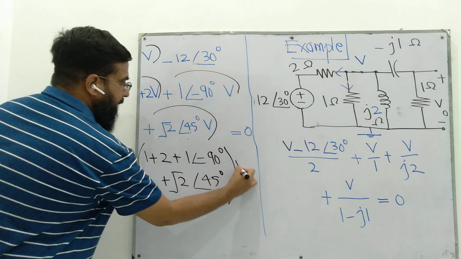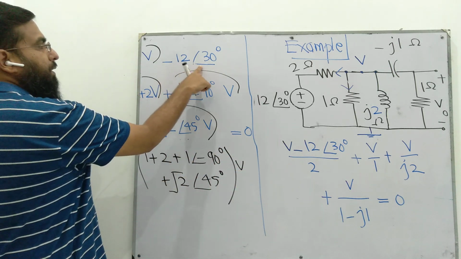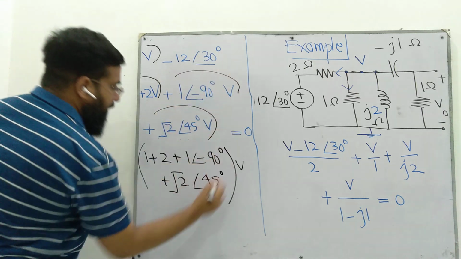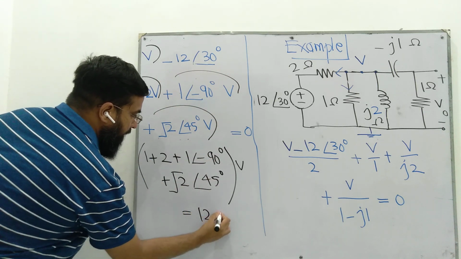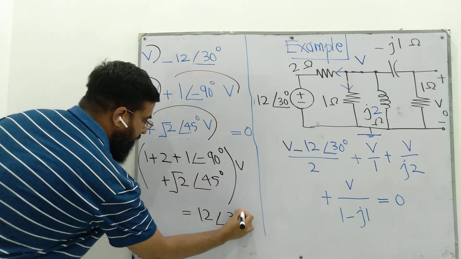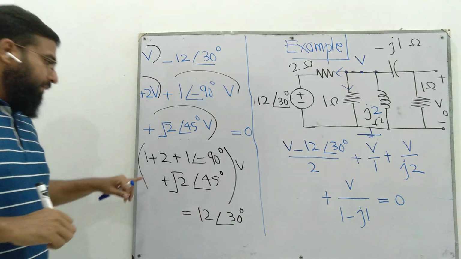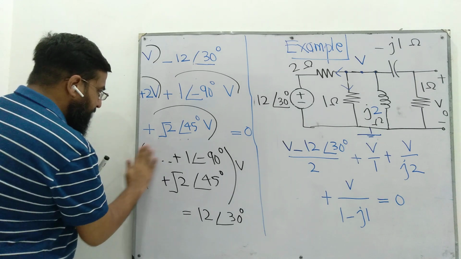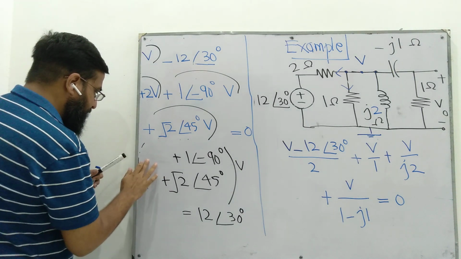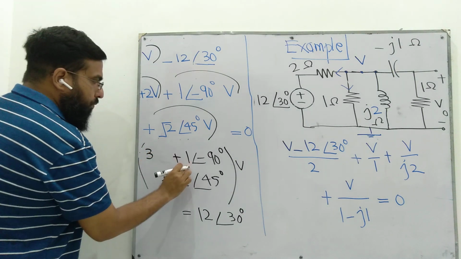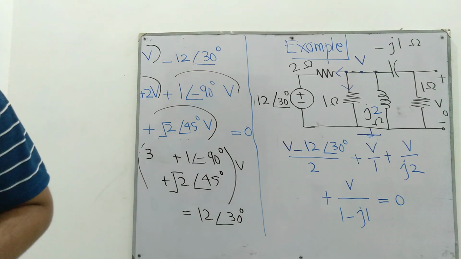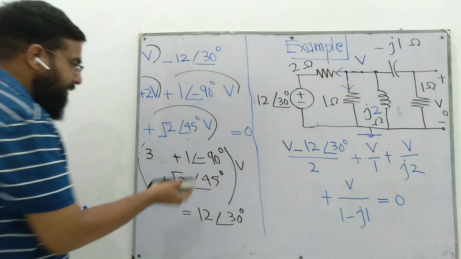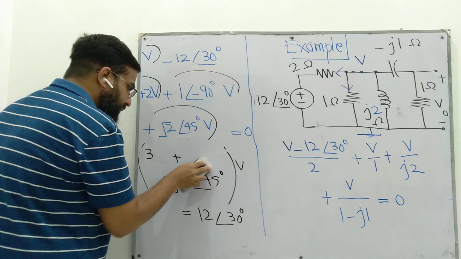This whole is multiplied by V, and the minus 12 at an angle of 30 taken to the other side of the equation becomes 12 at an angle of 30 degrees. Adding, 1 plus 2 is 3. 1 at an angle of minus 90 degrees can be written as minus j1